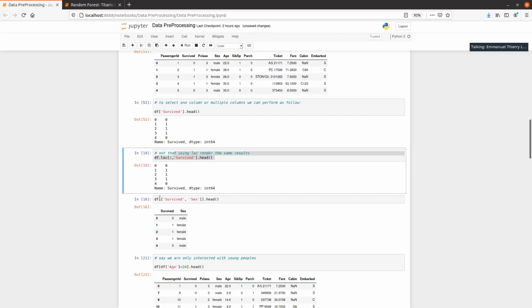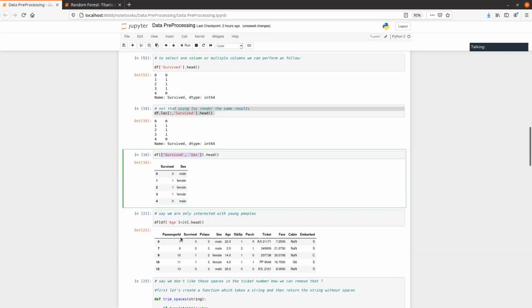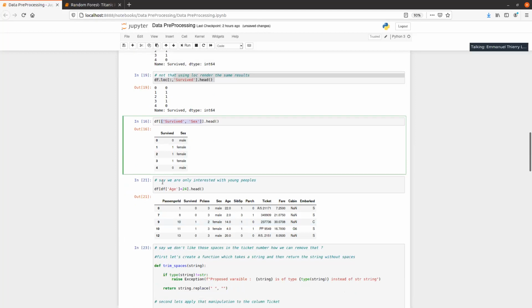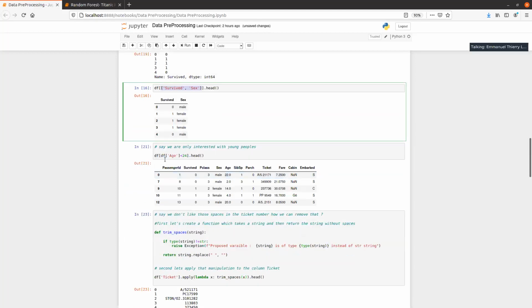To select multiple columns is also possible. You just pass a list of the column names and it will select the columns. And you can also do conditional selection, such as here where I've selected age under 24. Again, really simple to do such selection or manipulation.